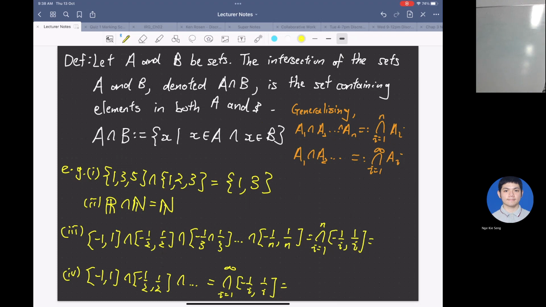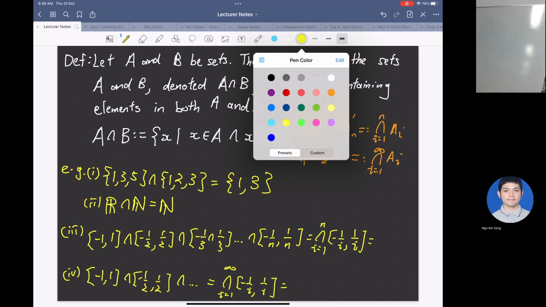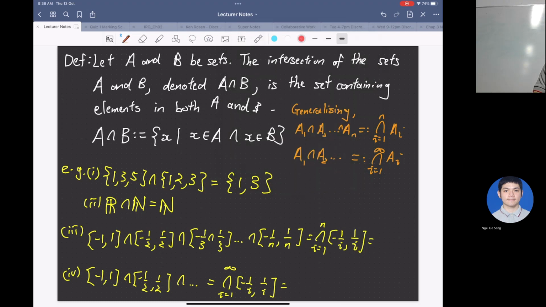Okay, anyone have any try on the first one? What's the finite union equal to? Okay. Closed or open interval? Closed interval or open interval? Closed. Okay, yeah. So you see that, if this is the direction, you see